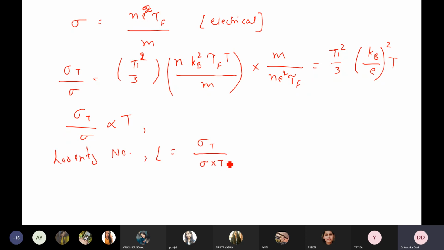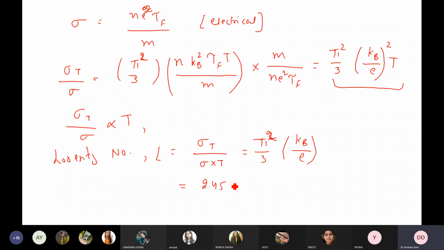This is known as the Lorentz number, and from this equation, this is equal to pi square by 3 into kb upon E, with T taken to the other side. So this is known as the Lorentz number and its value is equal to